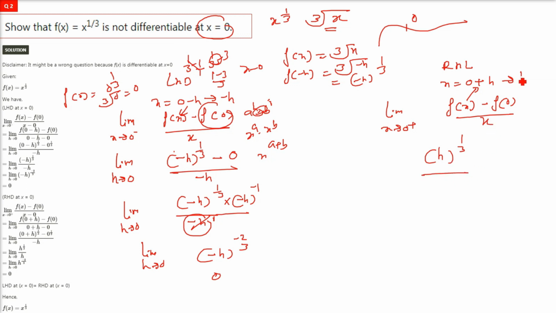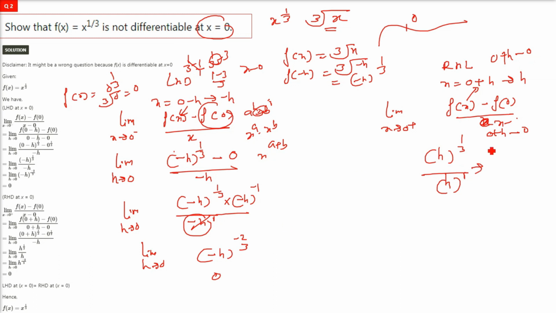Either way, if you take this h on the left hand side, I am saying if you take minus 1 to the power minus 2/3 into h to the power minus 2/3, then also it is going to be 0 because one term is 0. When you multiply multiple things and one of the terms is 0, it is going to be 0 eventually. So here we have h to the power 1/3 and h to the power 1 in the denominator. Same way as we did on the left hand side,